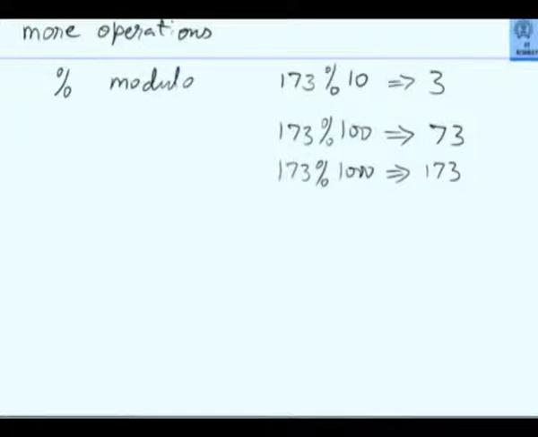This modulo operator is extremely useful if you want to determine individual digits of a number. For example, if I have a program wherein I have defined int n, and let us say I want to find out the first digit and the fourth digit of a 4-digit number.